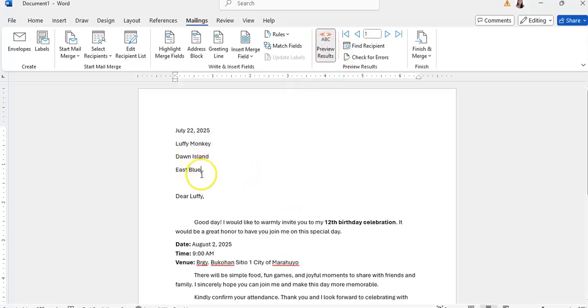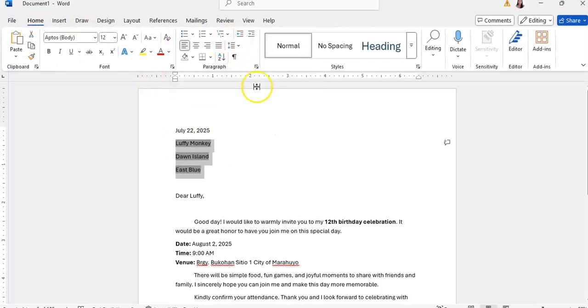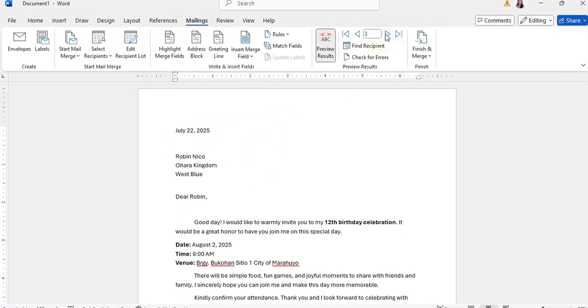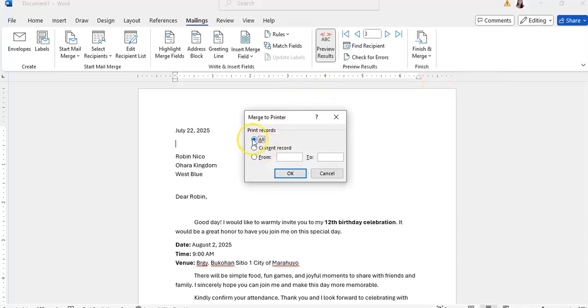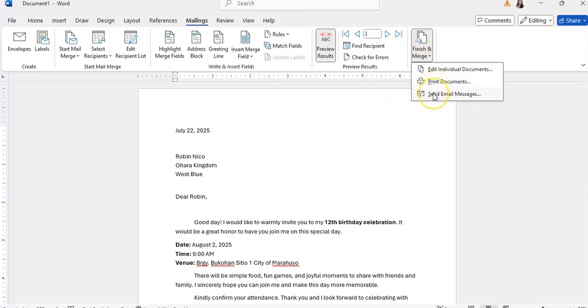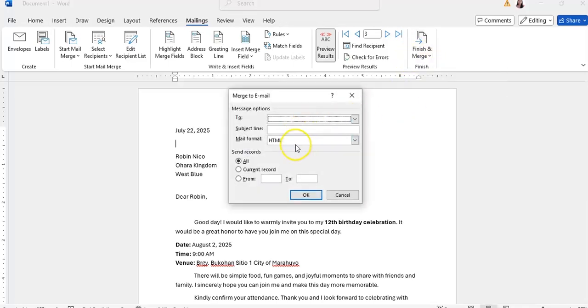If you need to edit the spacing, just go to home and let's go back to mailings tab. Finally, let's proceed to finish and merge. You can print the documents or you can send this as an email. That's it for our mail merge.